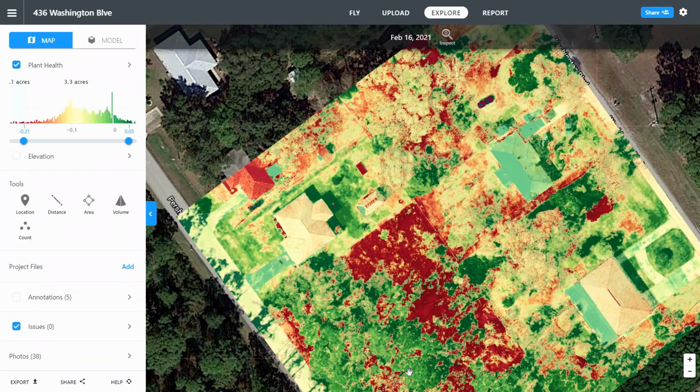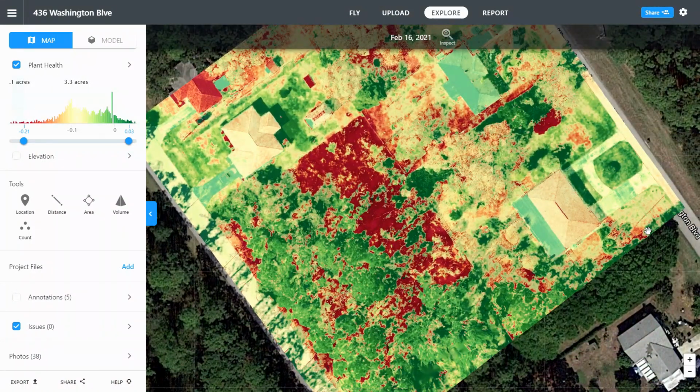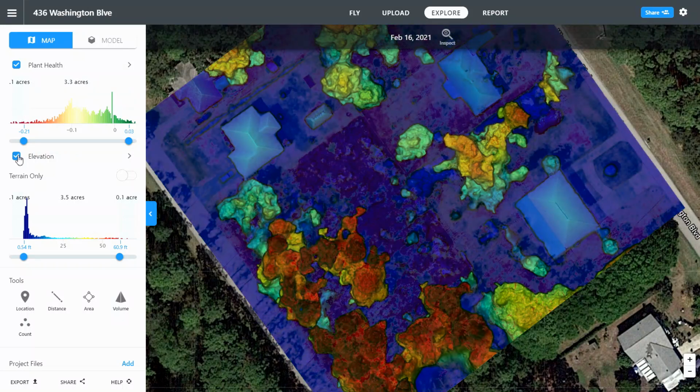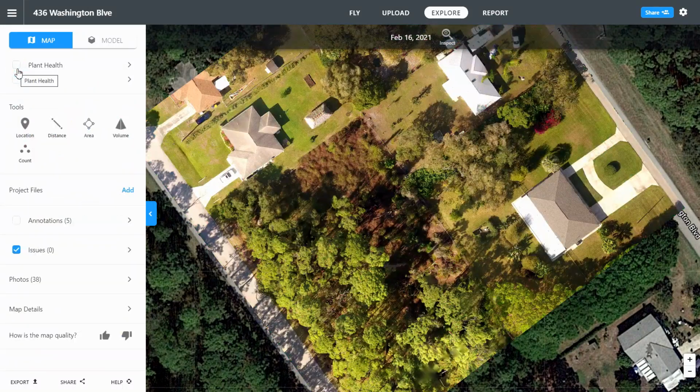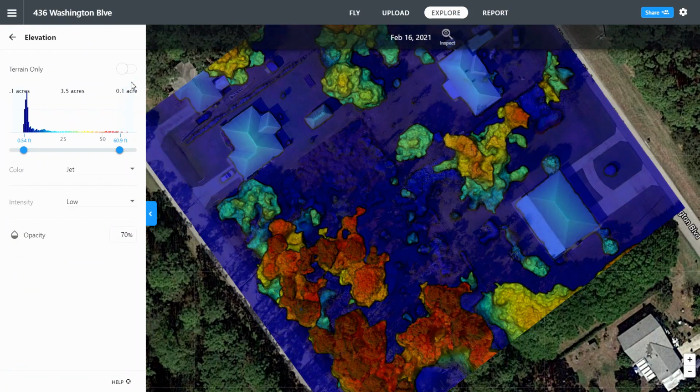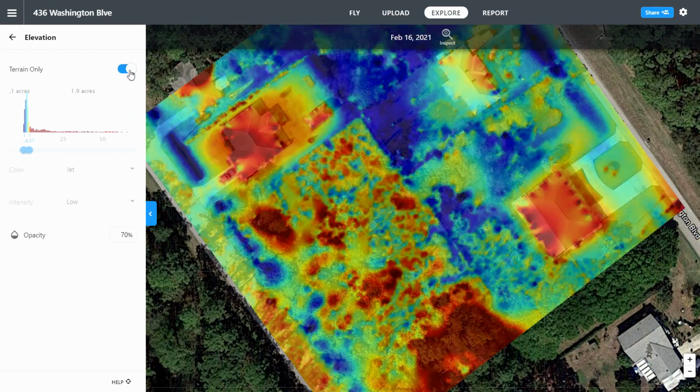We see areas here that are green. Those are the trees that we saw in the higher elevations, and here are some trees, and here are some more trees, and there's plants on the west side of the property. We can also look at, we've looked at the plant health and the elevation model. There's a terrain only elevation model,